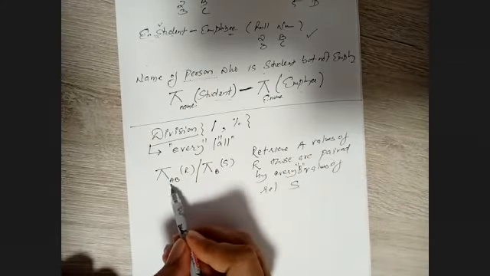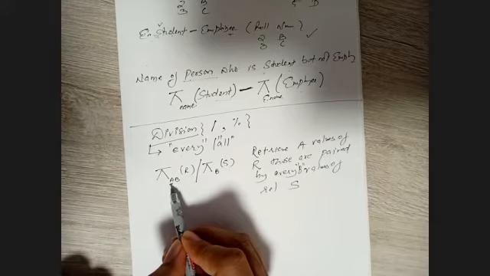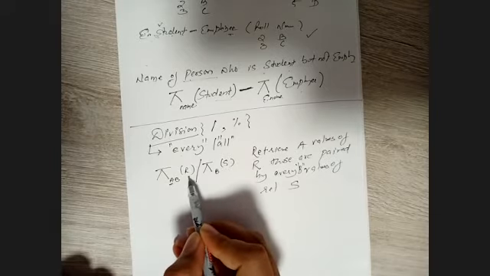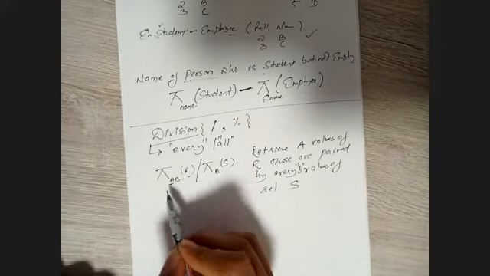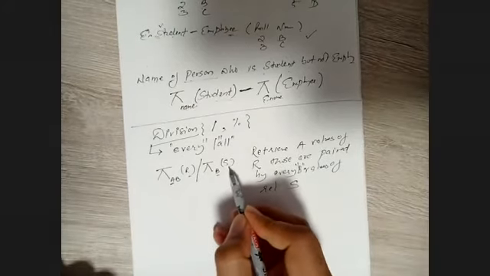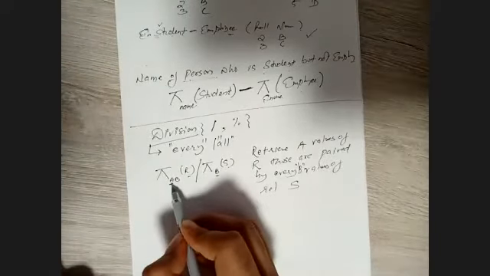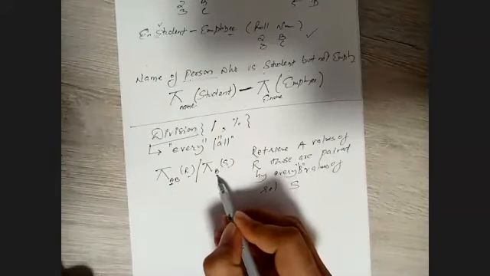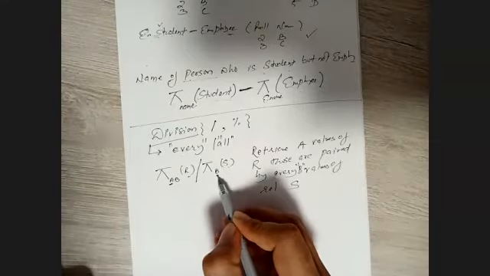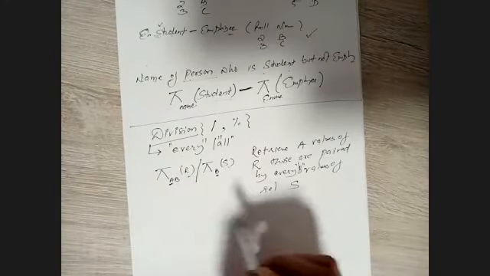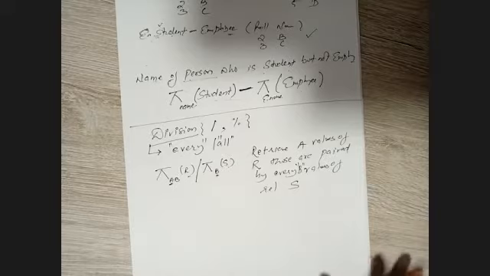So we need to retrieve the A value of R from this one, those that are paired with every B value of S. This is the meaning of how we read this one. For example, retrieve the students who are enrolled in every course, having course ID. This is how we used to read this one.